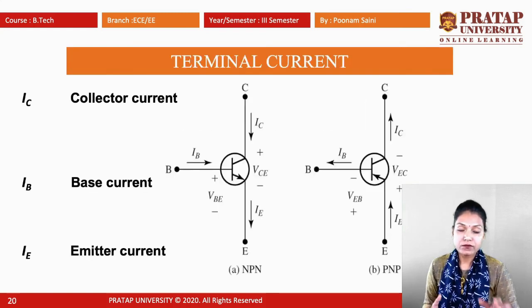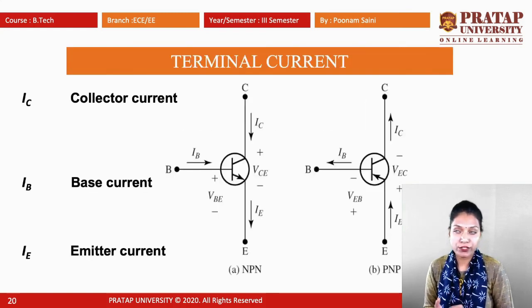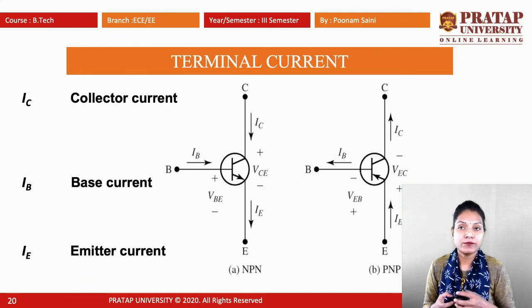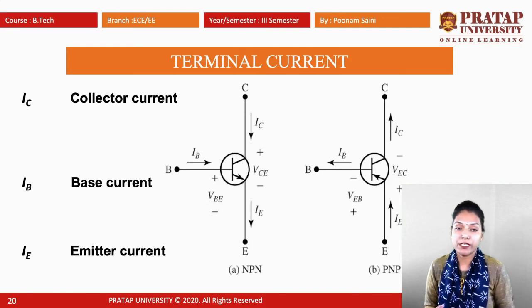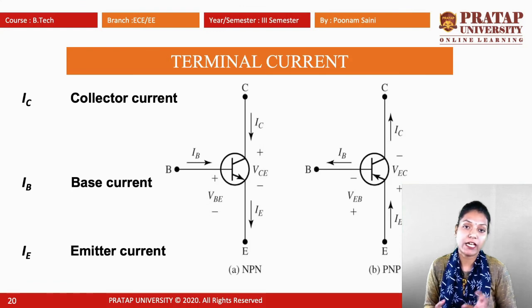In this presentation we only discussed the introduction and the main specifications of BJT. In the next lecture we are going to discuss the operation of the NPN transistor and the PNP transistor, and their input and output DC characteristics in a broad manner. So in the next lecture we will discuss the remaining part of BJT.